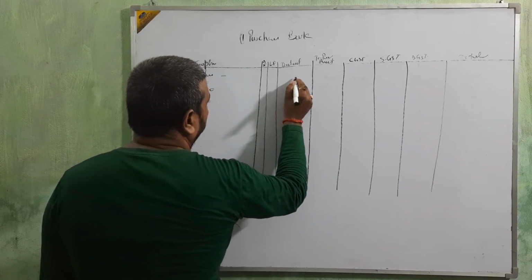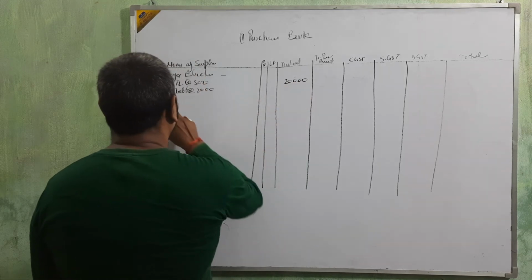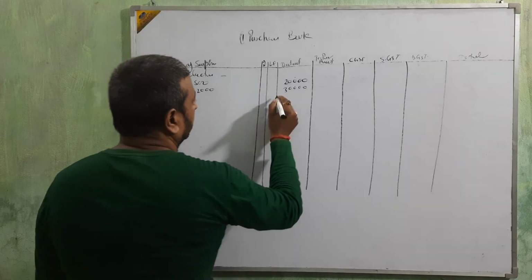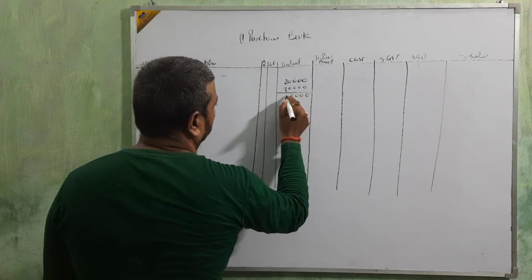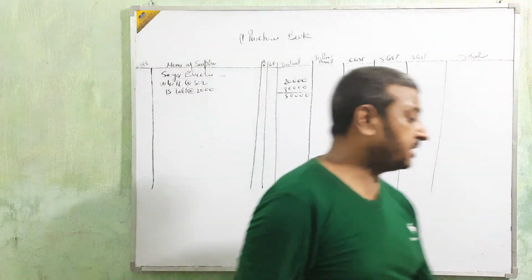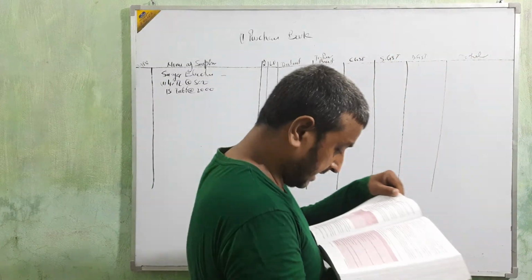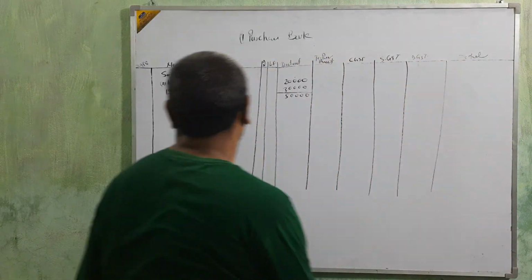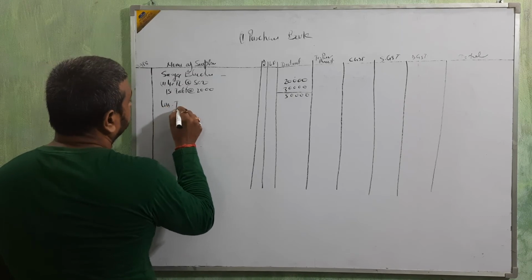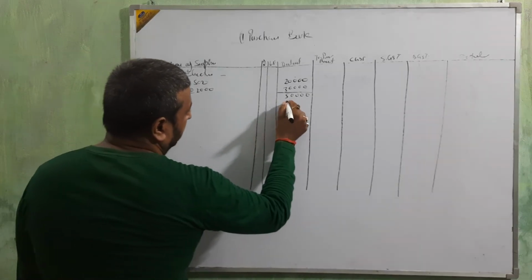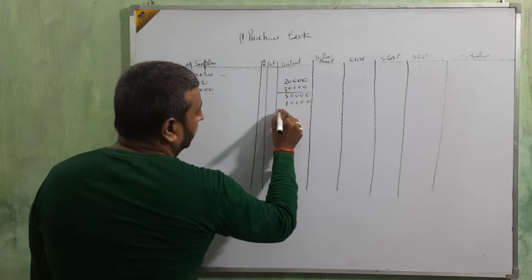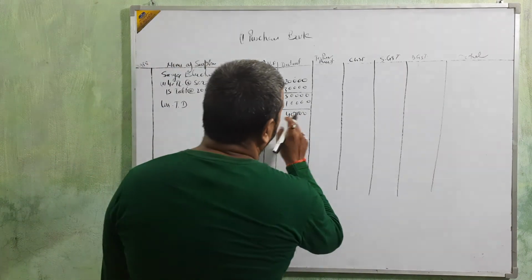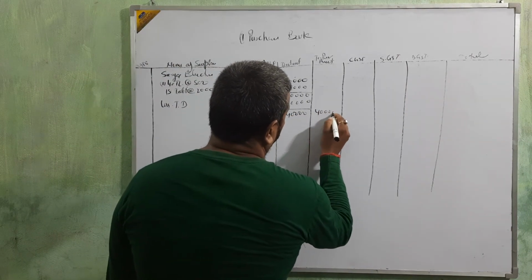40 into 500, 20,000. 2000 into 15, 30,000. Okay, then the total amount is 50,000. Just see whether any type of discount is given or not. Trade discount of 20% is given, beta. Then write down less trade discount. 20% of this amount is 10,000. Okay beta, then 40,000 is remaining. That amount we transfer here only.